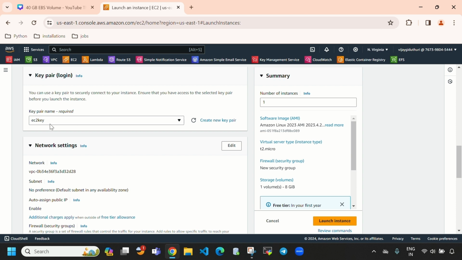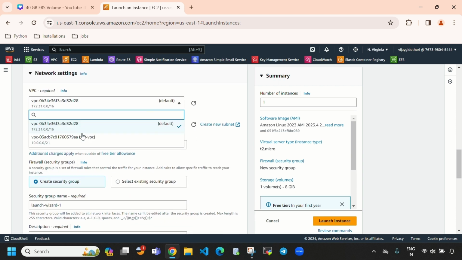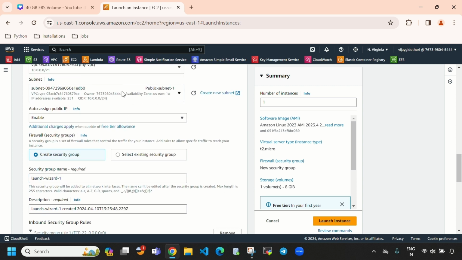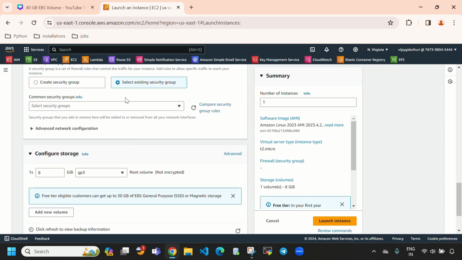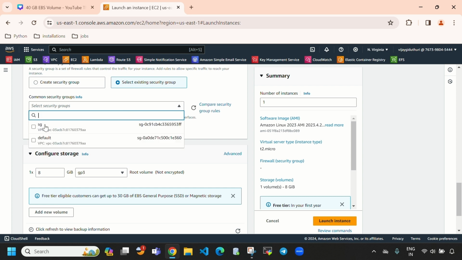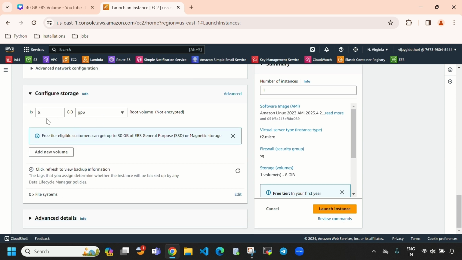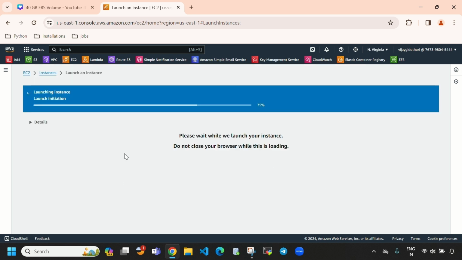pair. Here the key pair is the login credentials for our EC2 instance, and in networking settings first we need to select the VPC and the subnet, and here we need to keep this enabled. If you don't keep this enabled, an IP will not be allocated for this EC2 instance. Then we need to select the security group, and this is the security group I am selecting, and 8 GB is enough, guys. And directly I'm going to select launch instance,